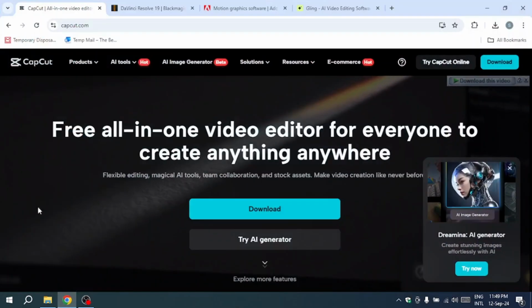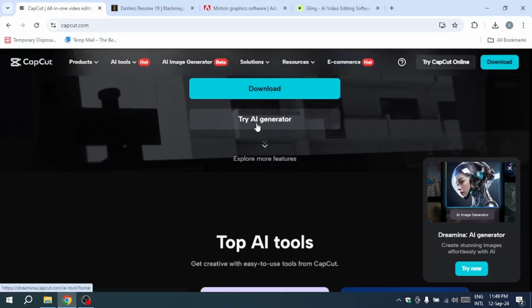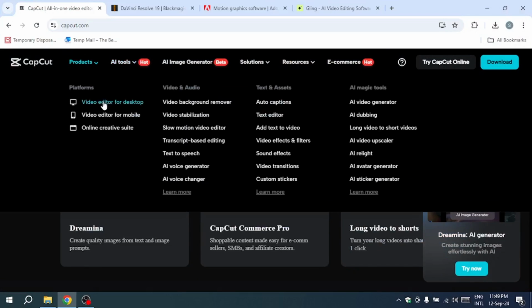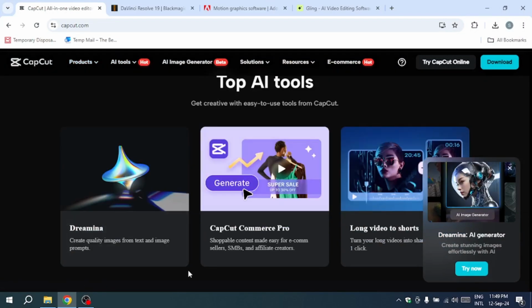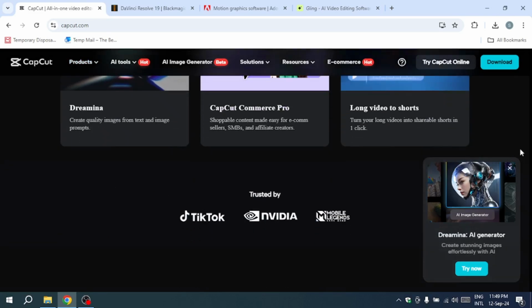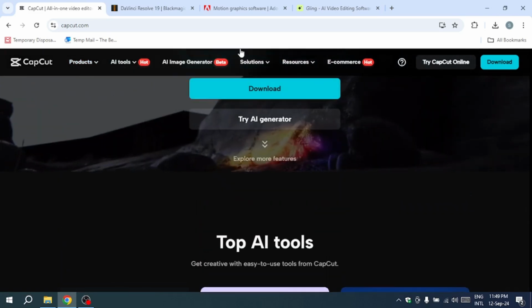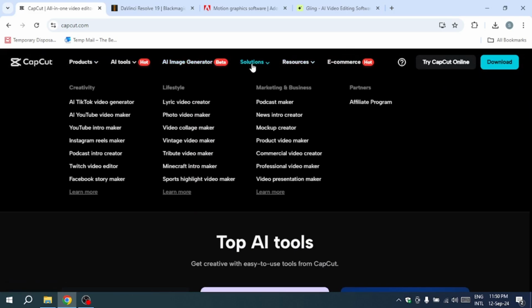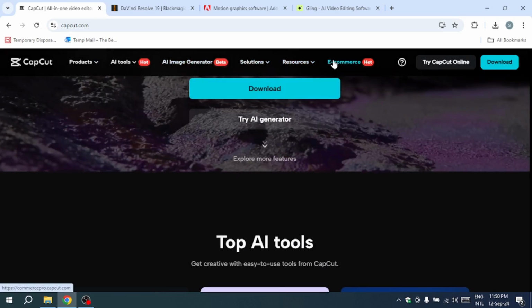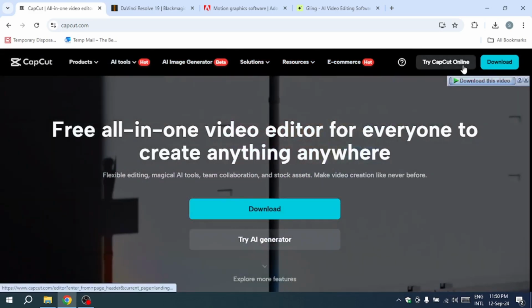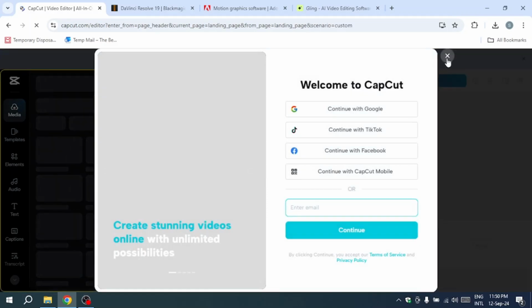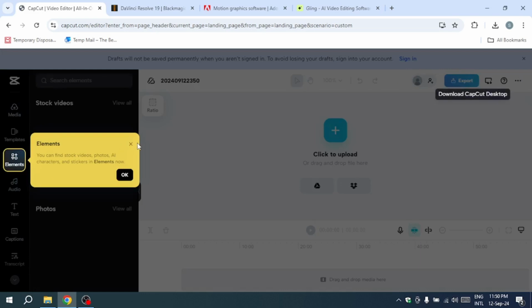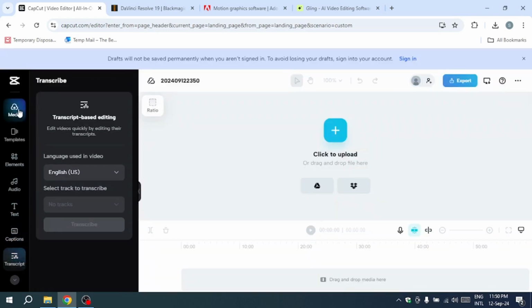per month. Let's begin with CapCut, a user-friendly editor that's perfect for beginners. CapCut is available on all platforms, including Windows, Mac, and smartphones, making it accessible to everyone. While it's designed for ease of use, it still offers a range of advanced features. In fact, CapCut competes with more professional editing tools like DaVinci Resolve, but it's faster and easier to use. You can quickly trim, cut, merge videos, and add effects and transitions. It's a great option for new content creators because it allows you to start uploading videos right away, helping you